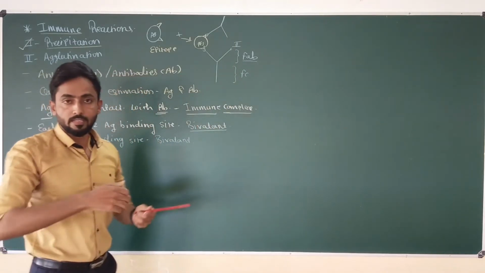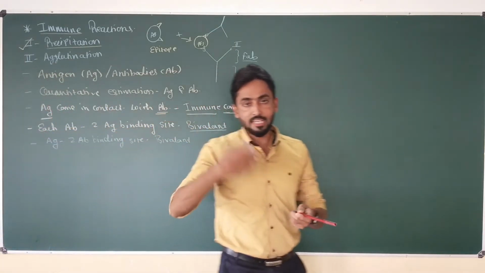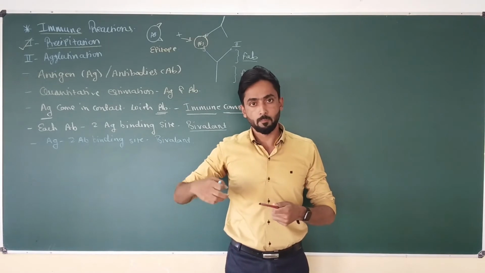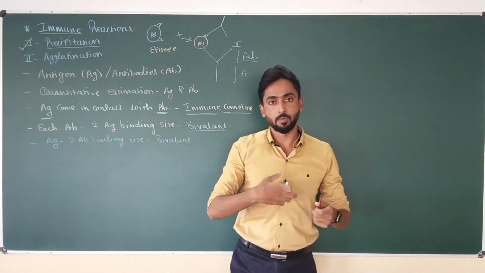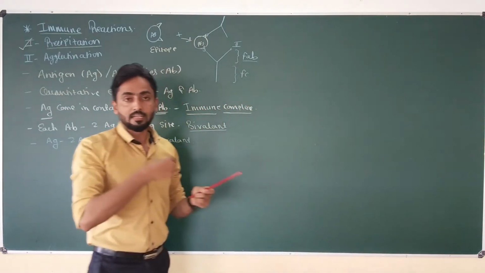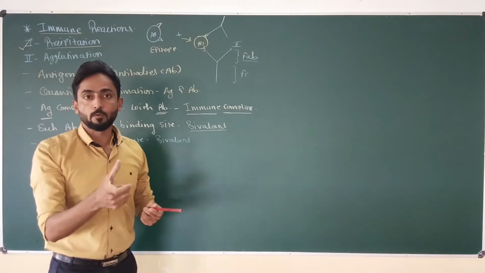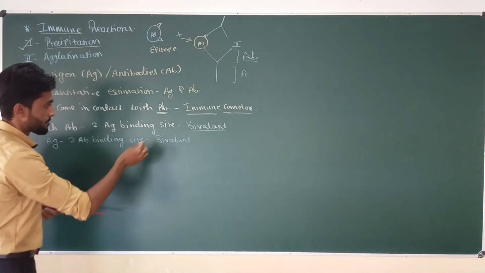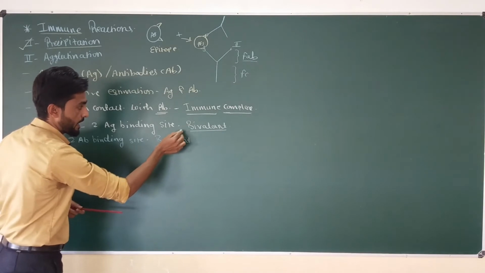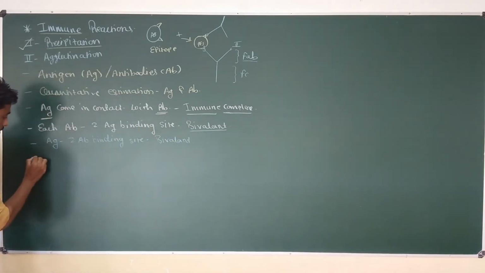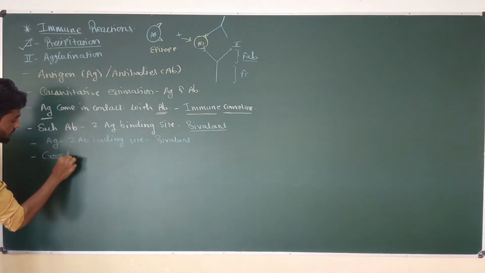So the same sequence is repeated. Each antigen binds with one epitope to one antibody and with another epitope to another antibody. That leads to the development of cross linkage. So due to the bivalent nature of the antigen and antibody, cross linkage occurs,